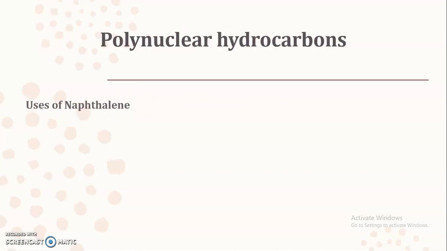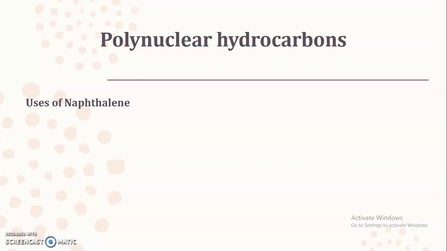Now, the first compound that we will study is naphthalene. We know the meaning of naphthalene. Naphthalene consists of two phenyl rings which are fused to each other. If you remember, in the introductory session we have seen that there are two different types of polynuclear hydrocarbons. One is the fused type, and in the case of fused, there are two different parts, one is angular and the other is straightforward, which is also known as linear. So naphthalene belongs to the linear class, a fused polynuclear hydrocarbon where two phenyl rings are fused to each other at a linear angle.